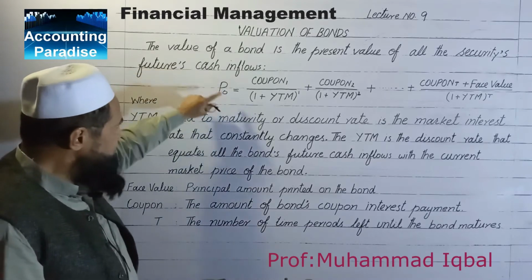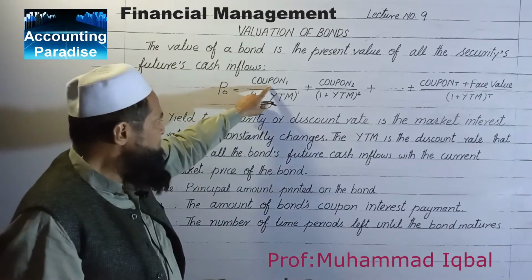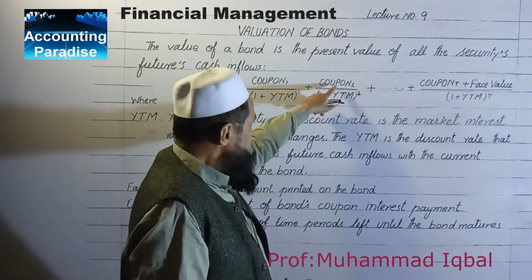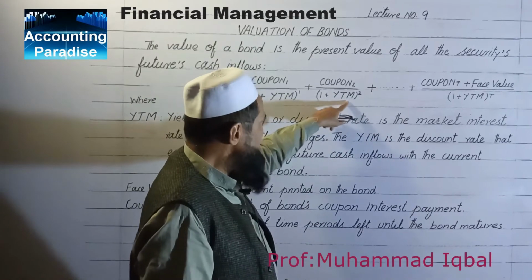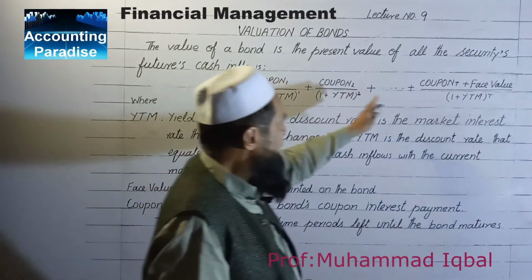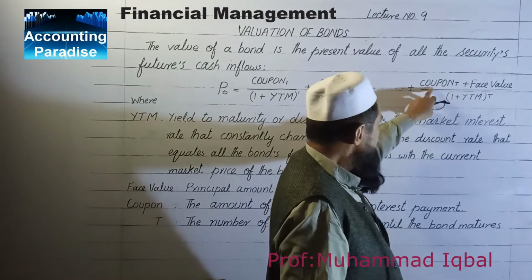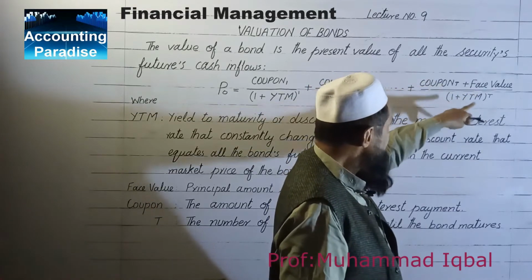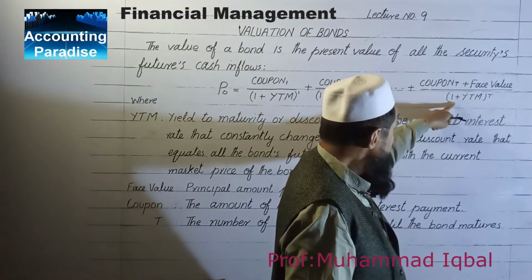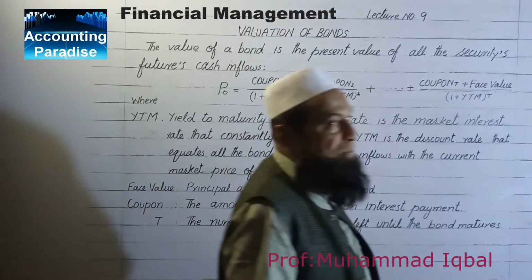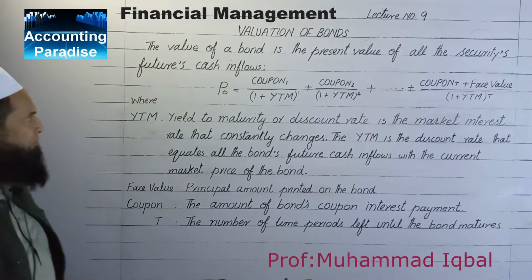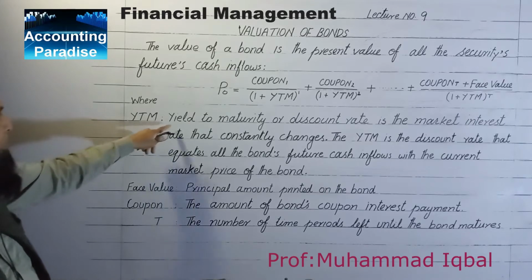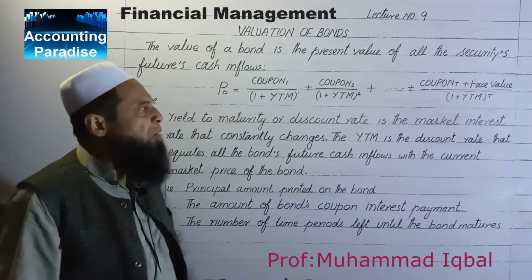In mathematical terms, P0 is equal to coupon 1 over 1 plus yield to maturity, plus coupon 2 over 1 plus yield to maturity raised to the power 2, and up to T time when the bond matures, coupon T plus face value over 1 plus yield to maturity raised to the power T, where YTM